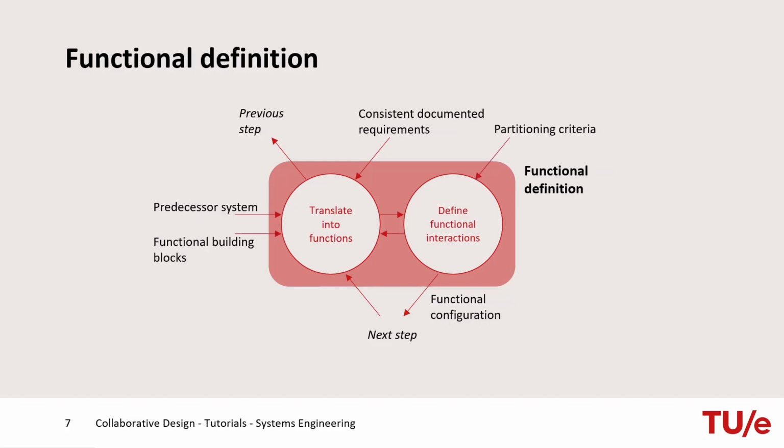The second step is functional definition, also named functional analysis and allocation. When applying systems engineering in the domain of architecture, engineering, and construction, a function can be interpreted as a human activity that is accommodated by space. For instance, at the building level the functions living and sleeping. At the urban level we can specify functions such as parking and shopping. When possible, you must specify the floor area and space volume for a human activity.